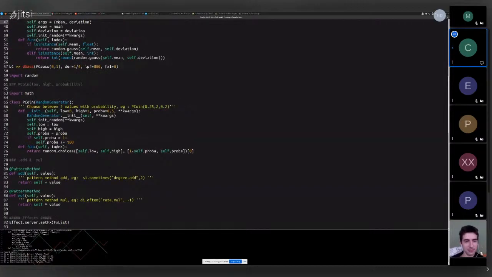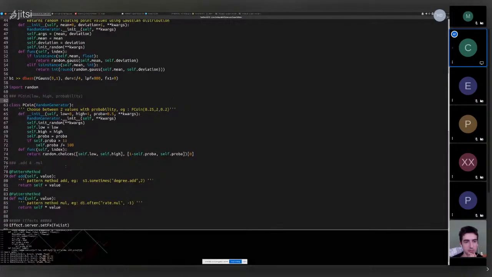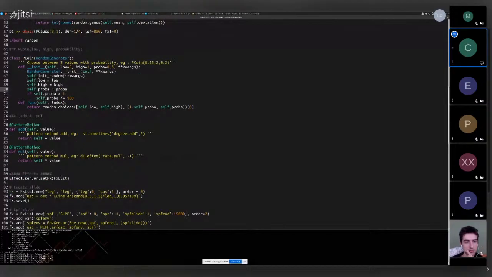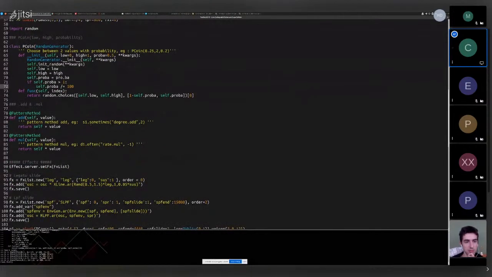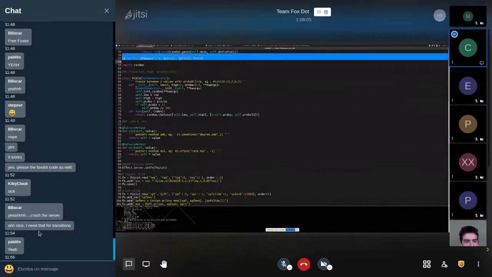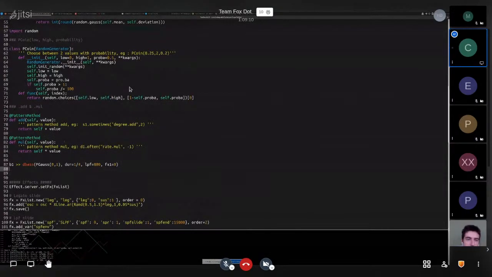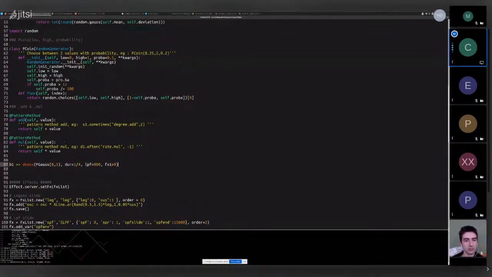Okay, the Gaussian is working right now. Okay, next we have. What do we have? This one. Add and melt. It's mostly because what I found interesting is to add sometimes with let's say degree add. So basic, but not in the